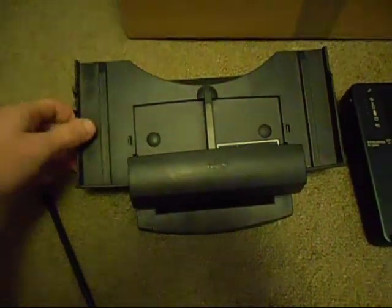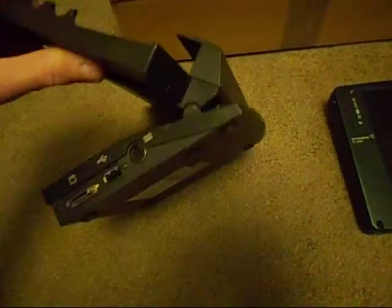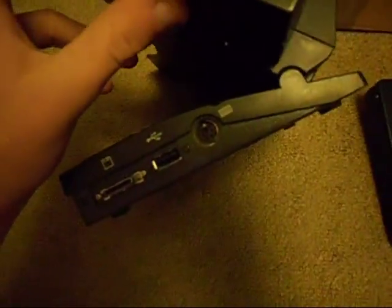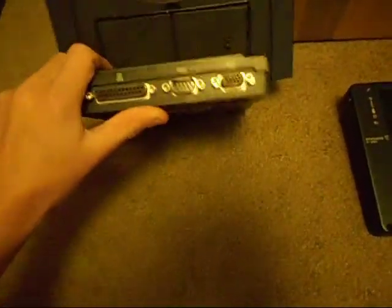Unfortunately the hinge is, I assume, broken, because it wouldn't be able to just do this. It should have been stiffer. I'll see if I can fix it. I don't know if I can. There you have PS2 keyboard, USB, proprietary floppy drive, which is the same for the other Fujitsu,